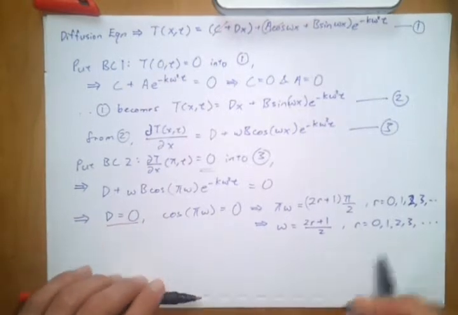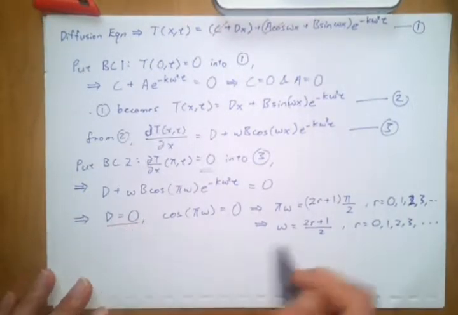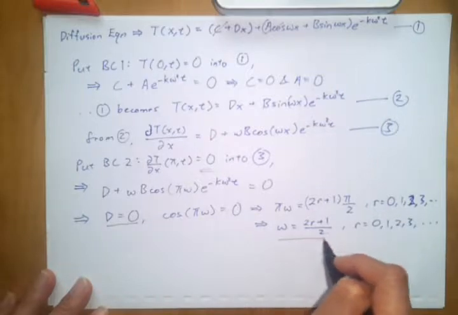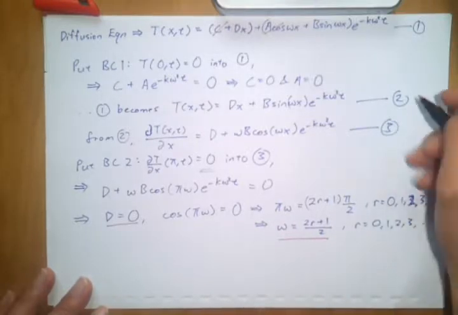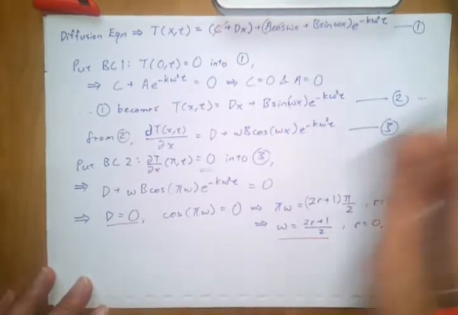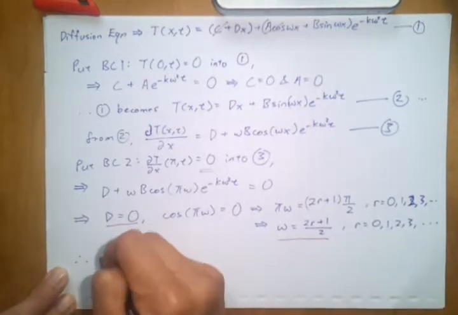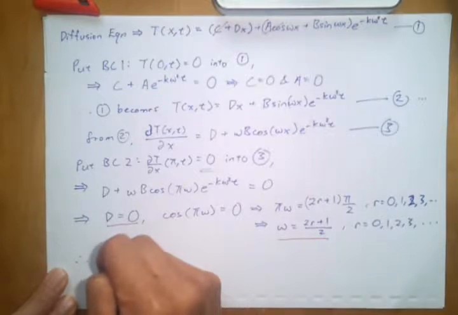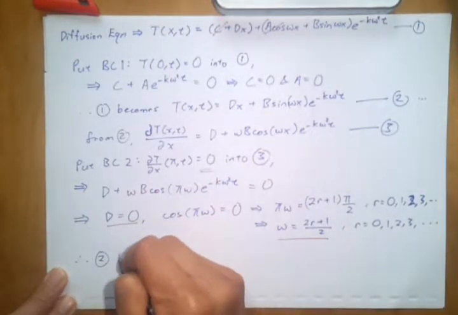Okay, so I'm going to put this information, d equals 0 and omega equals (2r+1)/2, into my updated solution, which is equation 2, and update it again. So my updated solution 2 becomes